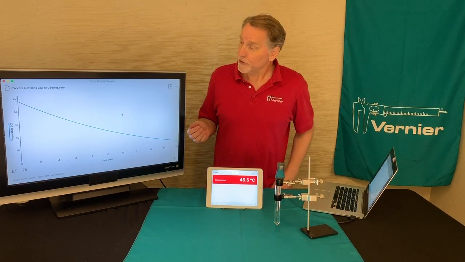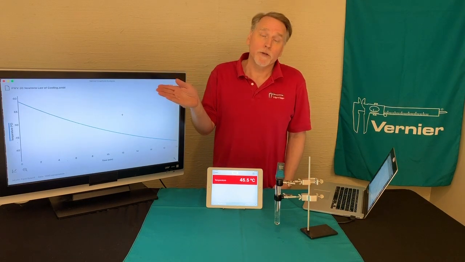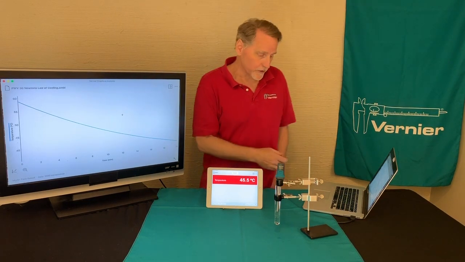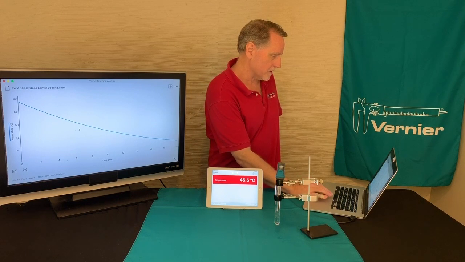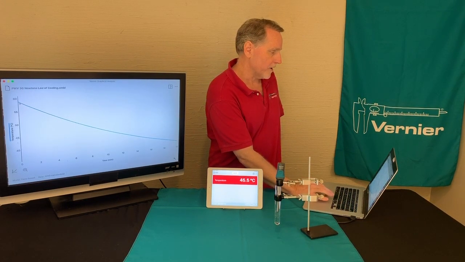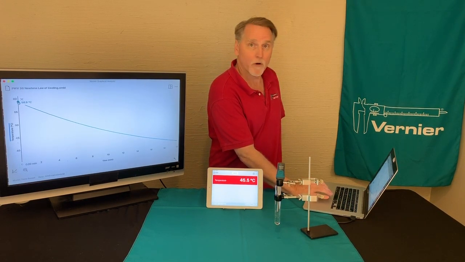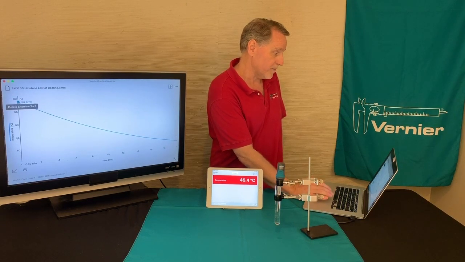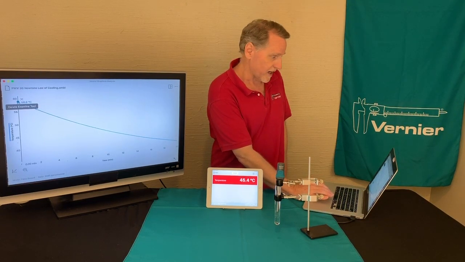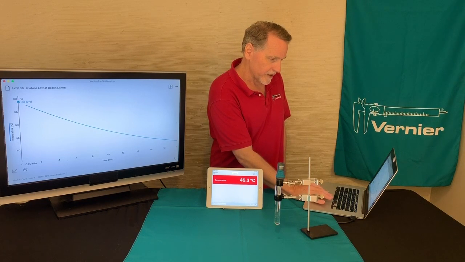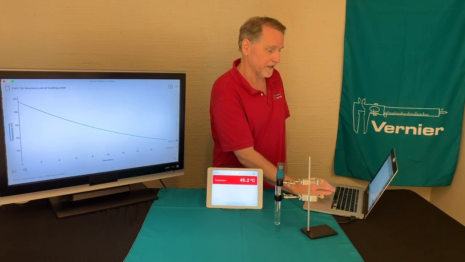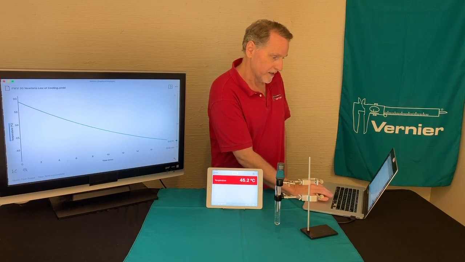The first part that you might do is actually just look at the initial temperature and the final temperature. You could do this using the graphical analysis software in the examine function. You can just click on the first part of the graph, and it's saying that it's 58.8 degrees C at time 0. Then I can come down here and examine it at the end, and it's 37.5 degrees C right there at about 20 minutes.